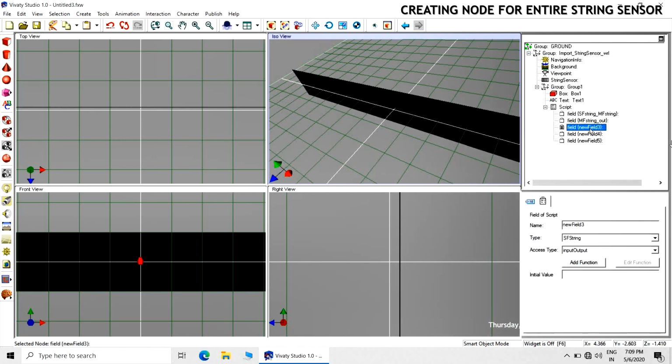The third field will be the x, y, and z output, called sf float x out.